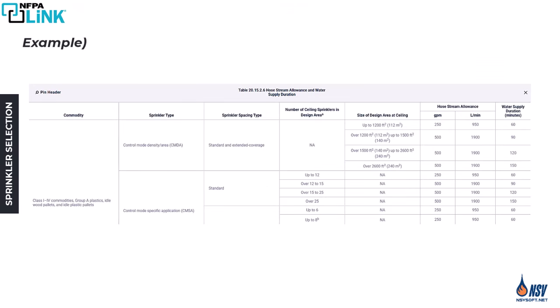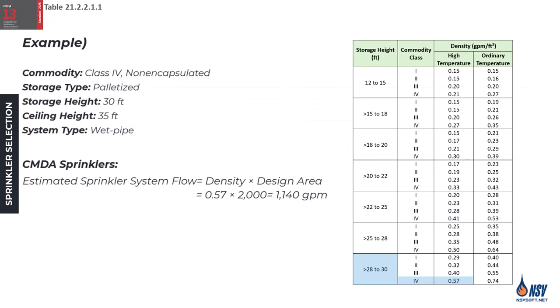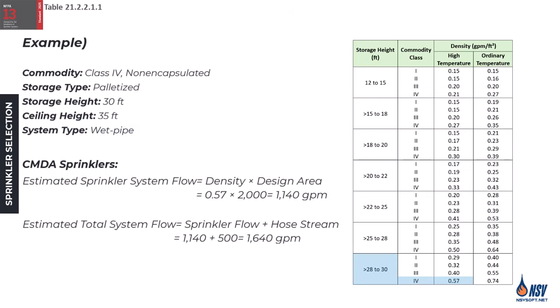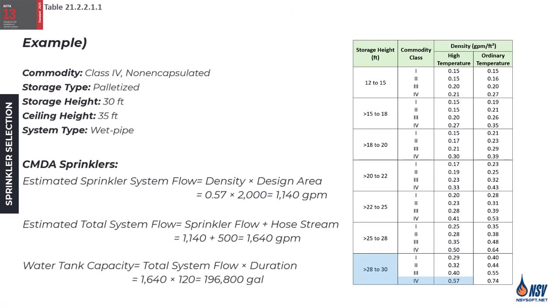Referring to Table 2015-2.6, which defines the hose stream allowances and durations for various system types, the required hose stream allowance is 500 gallons per minute with a duration of 120 minutes. Therefore, the total required system flow is 1,640 gallons per minute, necessitating a water tank capacity of